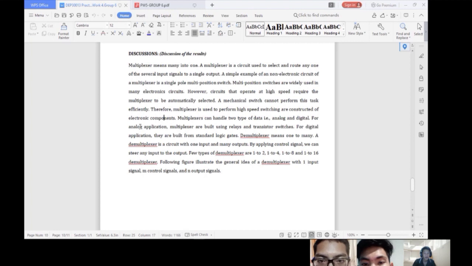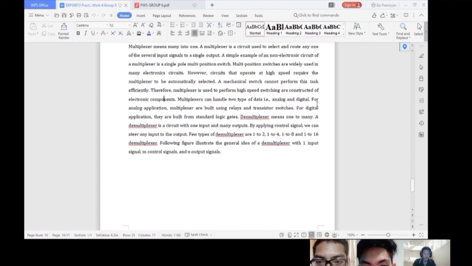Multiplexer also can handle two types of data, for example analog and digital. For analog applications, multiplexers are built using relays and transistor switches. For digital applications, they are built from standard logic gates. The demultiplexer means one to many. The demultiplexer is a circuit with one input and many outputs.